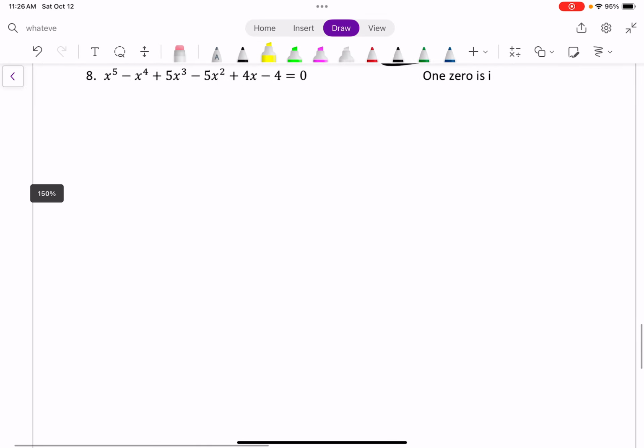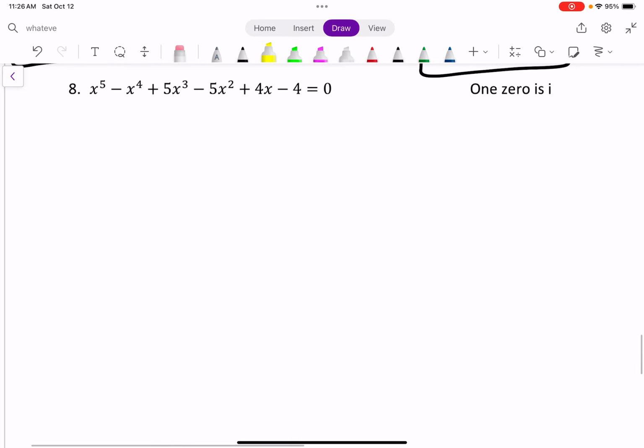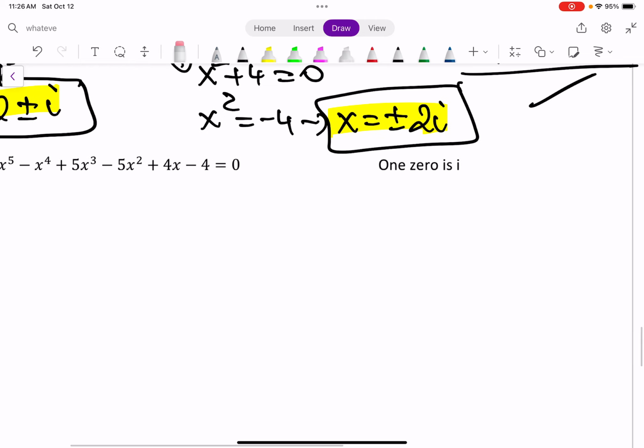Now, this is a 5th degree polynomial function. We will at least get one real solution, and the reason I'm saying this is because of the 5 solutions, only 2 at a time can be imaginary, right? And so therefore one of them is going to have to be real. Okay, so we are given